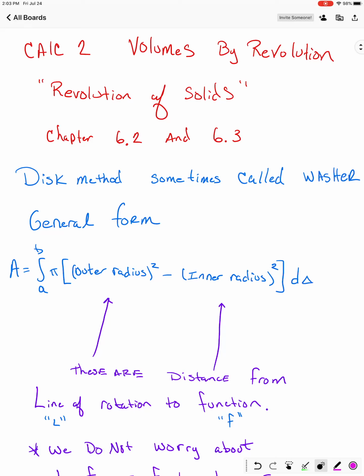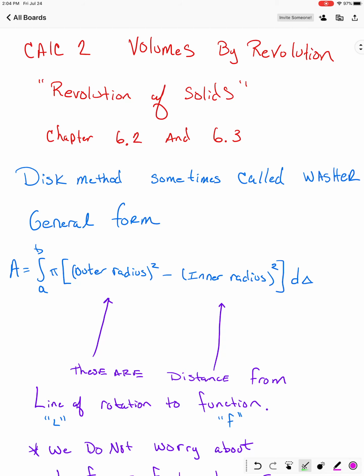Greetings. This video is for Calc 2 and volumes by revolution, or revolutions of solids it's sometimes called. And this really shows up in chapter 6.2 and 6.3 in our textbook. So for this video, I want to talk specifically about the disk method, and in the other video I talk specifically about the shell method. Okay, so the disk method, sometimes we call it the washer method, disk method, washer method, depending